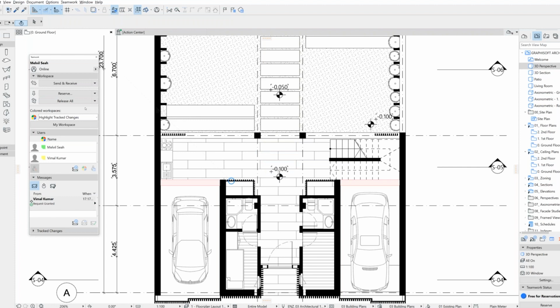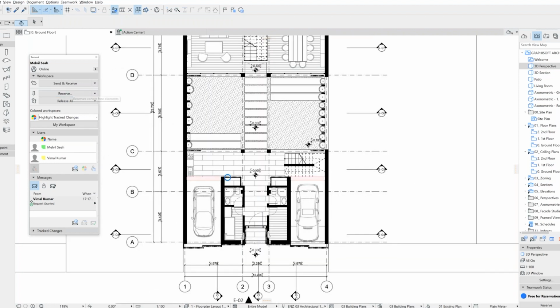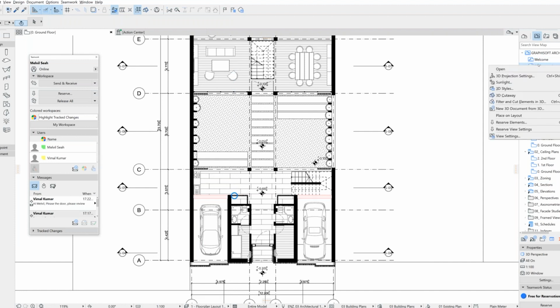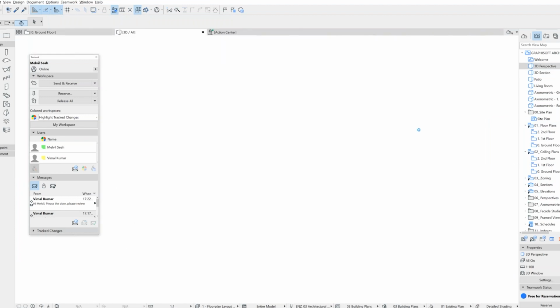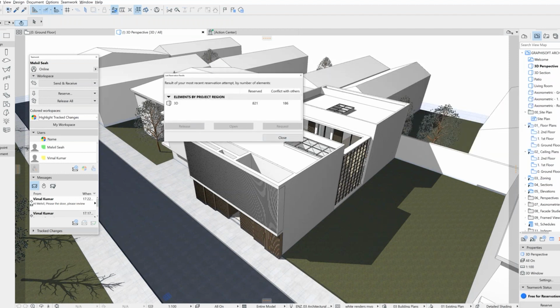Okay, so moving on to the next section is the color workspaces. Oh, but before that, I will show you how to do reserve for the other portion as well. So other than reserving the elements here, you can also reserve your views and elements from here. So if I right click from my view map on any of the views, there's two options. One is to reserve element. If I reserve element, this will pop up showing which is the project region. And if I reserve the element, it's showing me that I have a large reservation result dialog box.